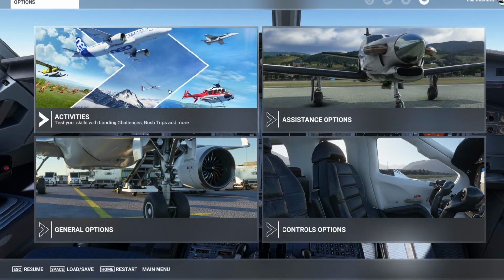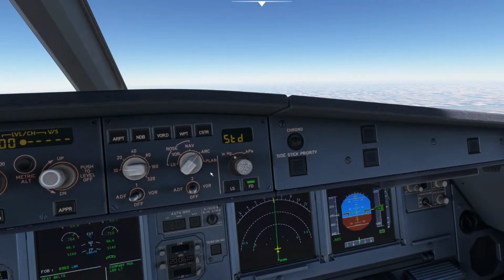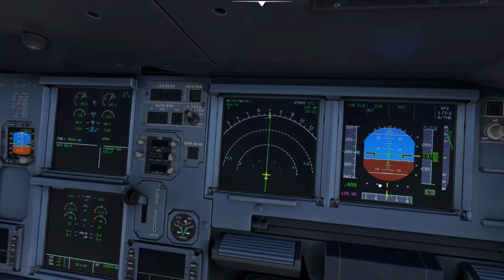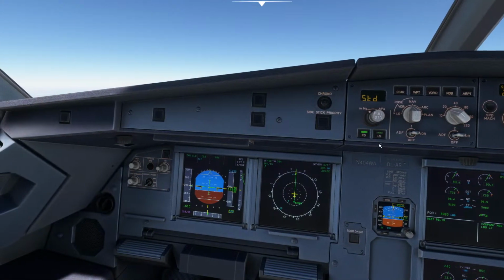Oh, I've done enough ILS approaches. What you got to make sure to do if you're doing an ILS is push the LS buttons on each side. So the first officer has one, and now you see how it populates the lateral and vertical guidance? Yeah. LS, LS, and then it'll auto-tune the ILS,